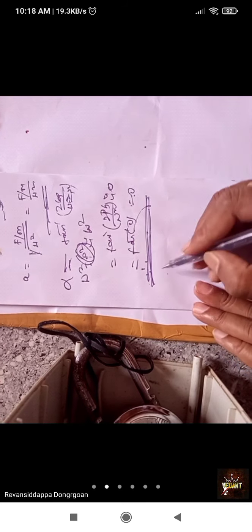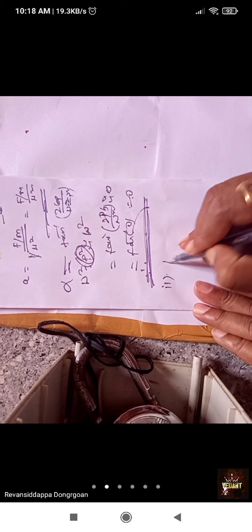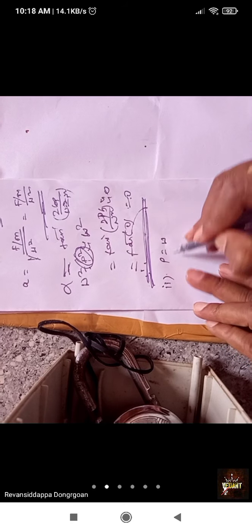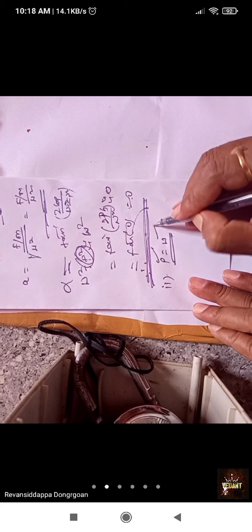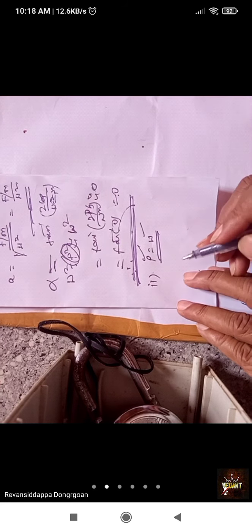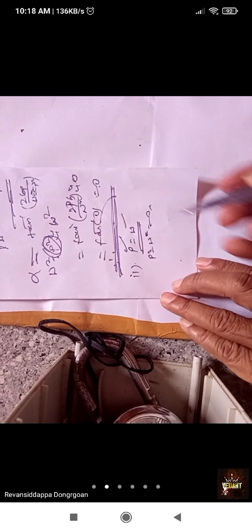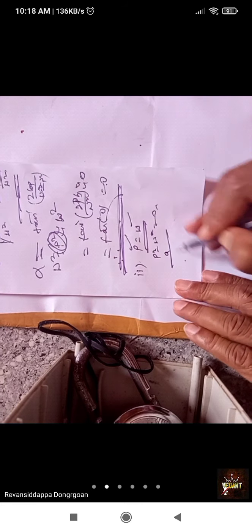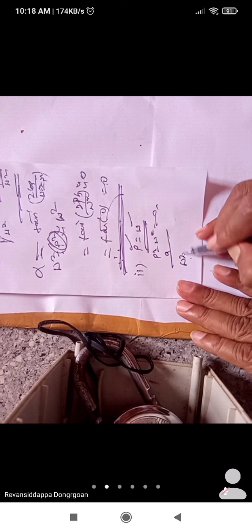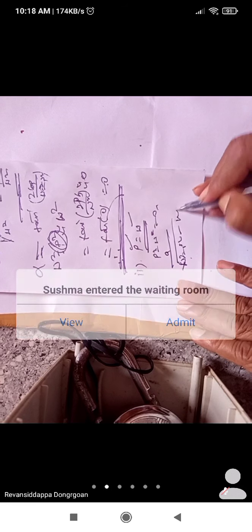Now take another case: the natural frequency and the applied frequency are equal. For such a case, what do we write? We know that p square minus omega square will be 0. So in the amplitude formula, the omega square minus p square term will be 0, and only the other term remains. Therefore the amplitude A will be written as F by m divided by 2bp.